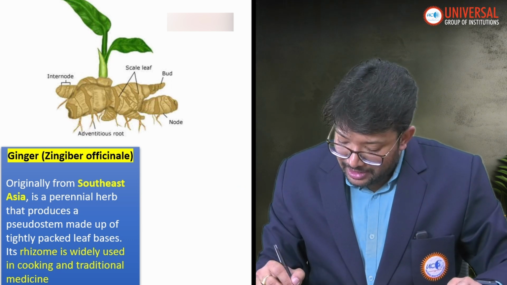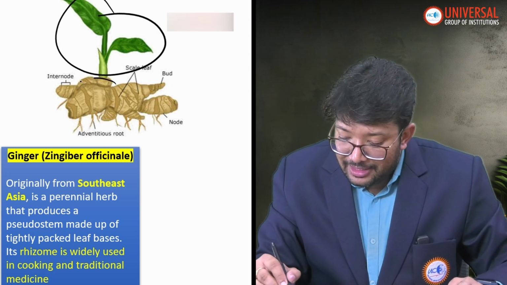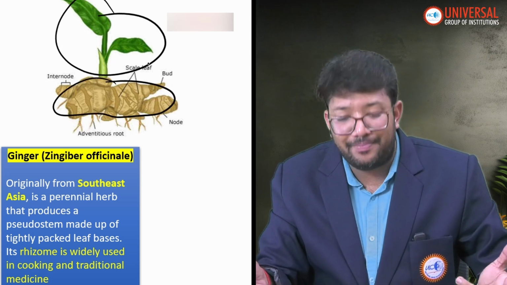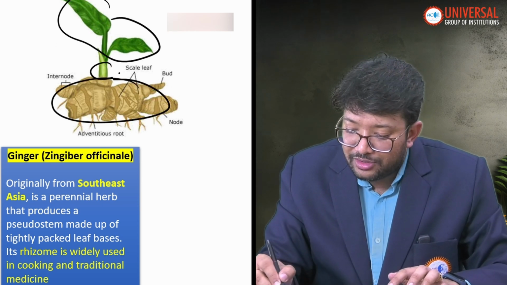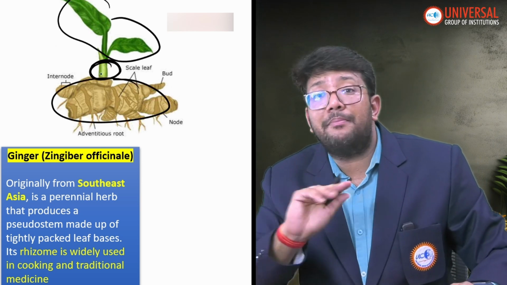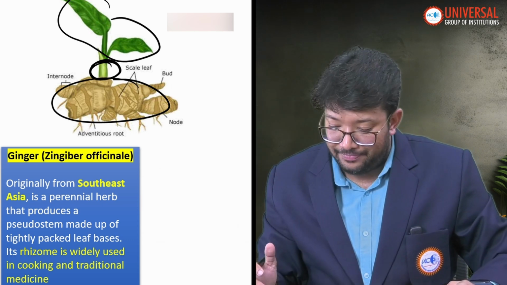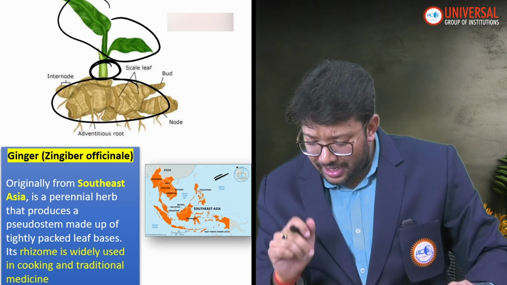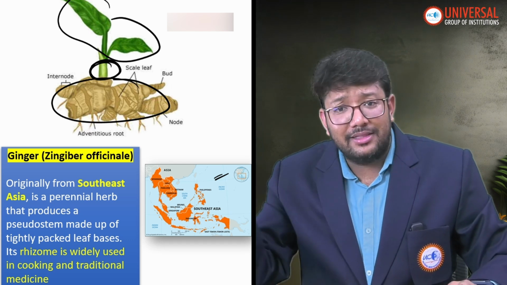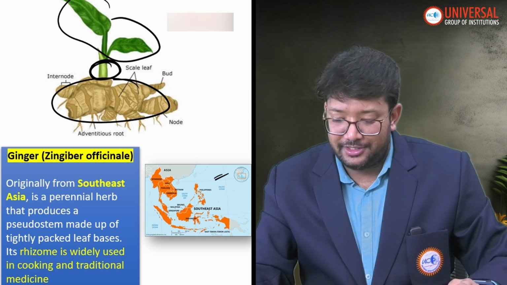Can you see this particular ginger? This is the leaf, and this looks like the stem. Now where is the stem? This is the leaf, and this is the original rhizome. So this looks like a stem, but it is not a stem. That is called a pseudo stem. Okay, South Indian map, Southeast Asian map. We generally use this ginger in various forms of cooking and also in traditional medicine.